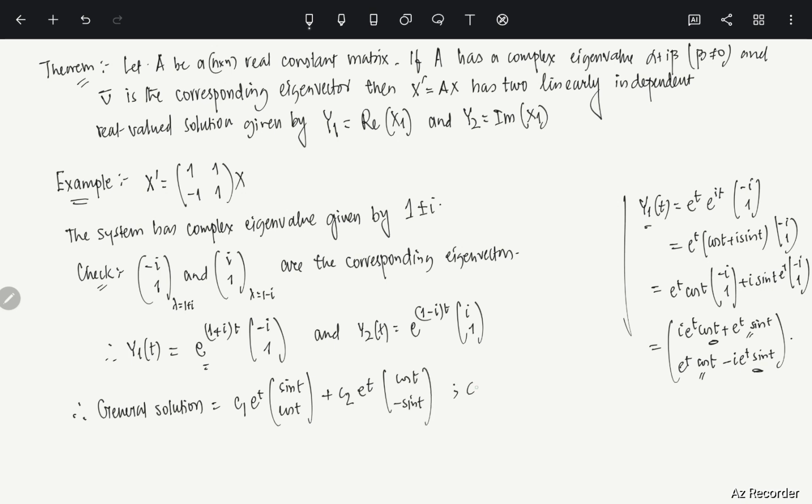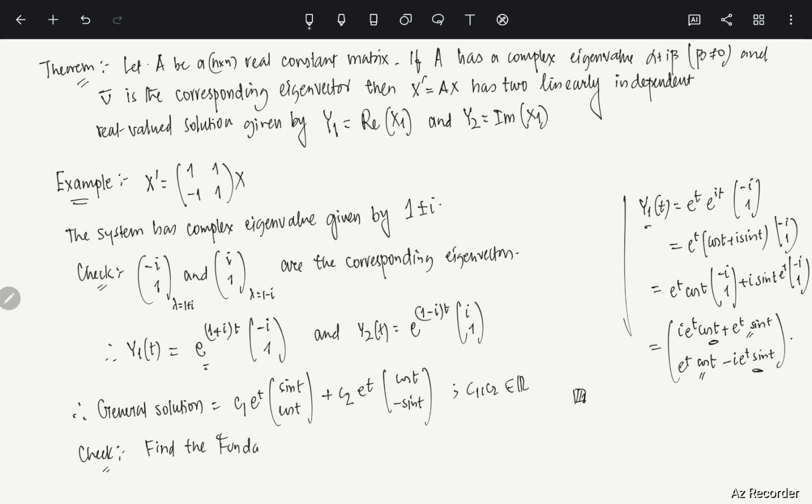Okay, c1, c2 are in R. So that's your general solution. I hope this is fine. Okay, sine t, cosine t, minus sine t. Clear? Okay, so this is how you solve the problems. And if I ask you to find the fundamental solution, there is a check part, so please check this. Find the fundamental matrix